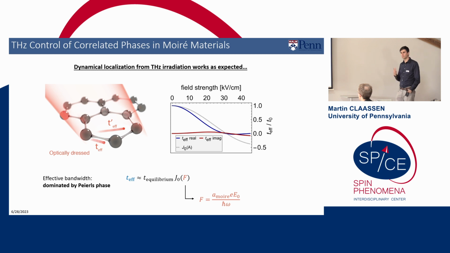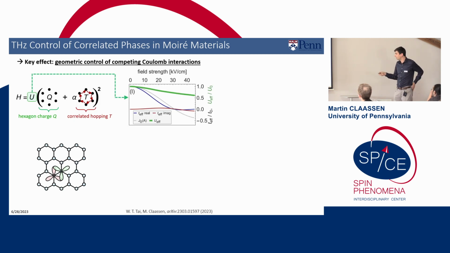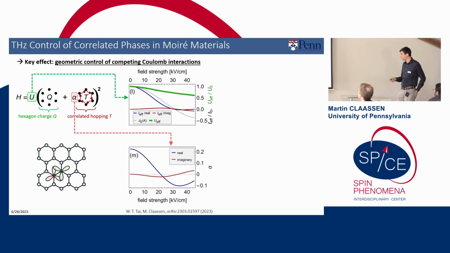So two effects one could take from this. Let's just do the simplest thing possible. We're going back to our initial motivation and thinking about Floquet engineering. The kinetic problem is relatively well understood: I drive a system periodically, and I will start to quench the kinetic energy. The more interesting effect is that this oscillation of the orbital will lead to an effective period-averaged renormalization of the Coulomb interaction vertex. In fact, the Coulomb interaction will decrease as a function of drive strength. But more importantly, there's a competition between a hexagon charging term and non-local Coulomb interaction terms that are thought to give rise to the phase diagram of TBG at low energies.